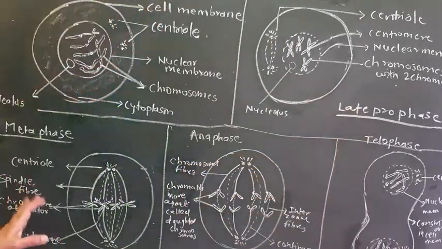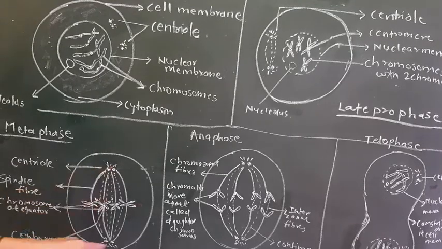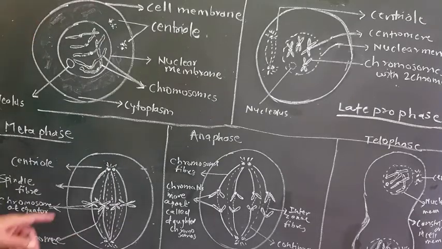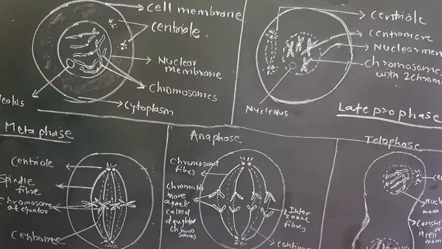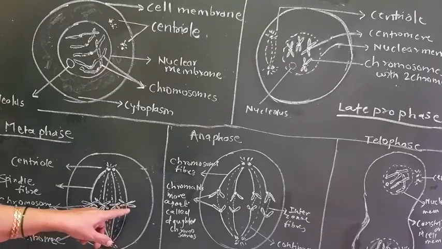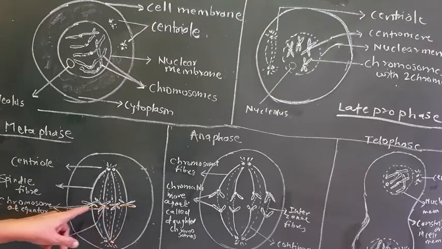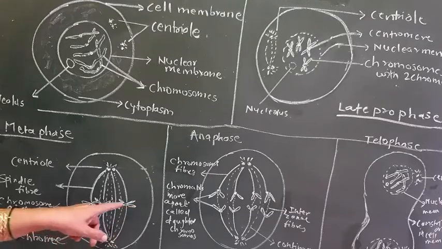Now what happens in the metaphase that we are going to see. Here in metaphase, the nuclear membrane completely disappears. I have not drawn the nuclear membrane, and the chromosomes have now completed their condensation, and they appear in the form of two visible sister chromatids. So the chromosomes become clearly visible along with their sister chromatids, and all these chromosomes appear arranged in the equatorial plane, or central plane.